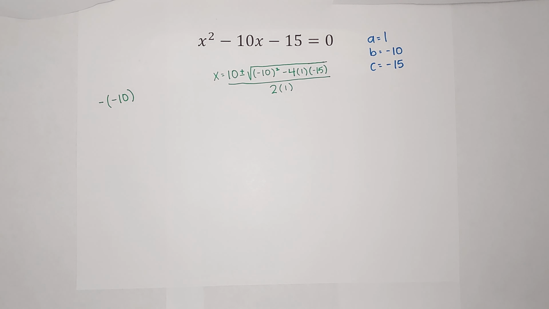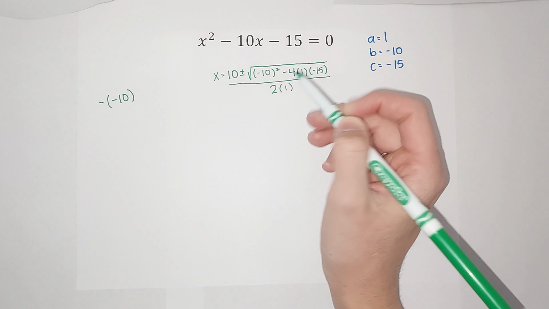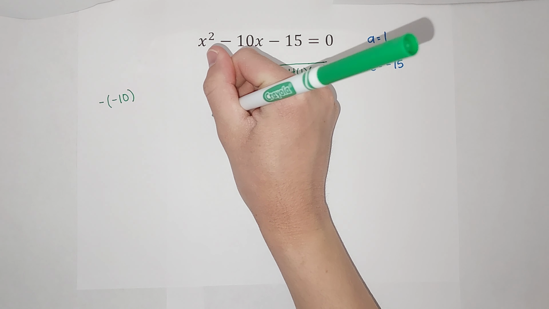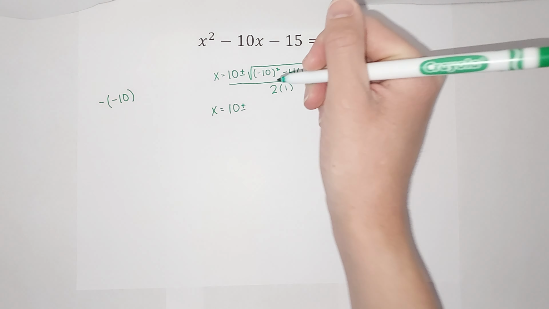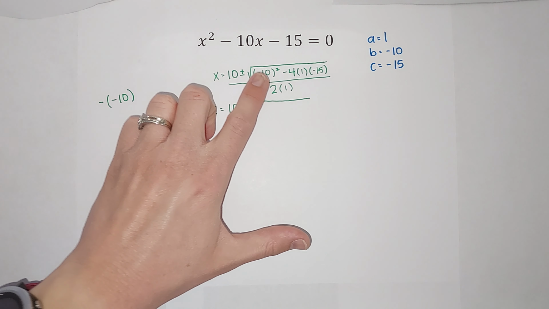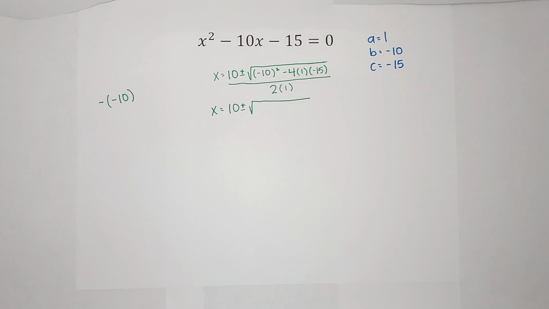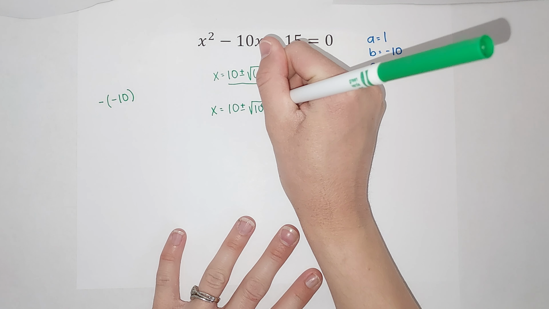We're going to try and make it look a little bit better than that. Okay. So I'm going to go ahead and start simplifying. I'm going to focus on what's under my square root right now, okay? So I've got x equals 10 plus or minus the square root of negative 10 times negative 10 gives me a positive 100, okay? So I'm going to have 100